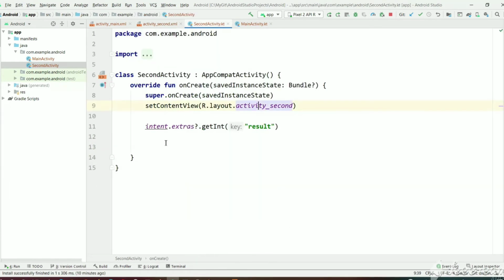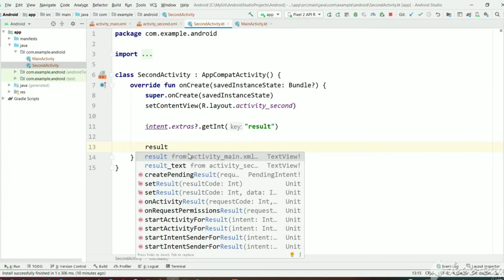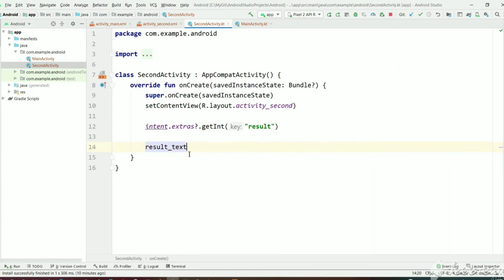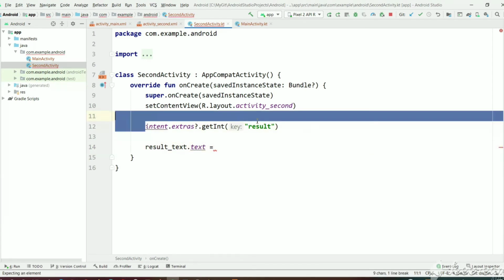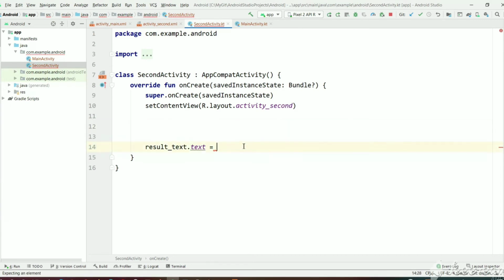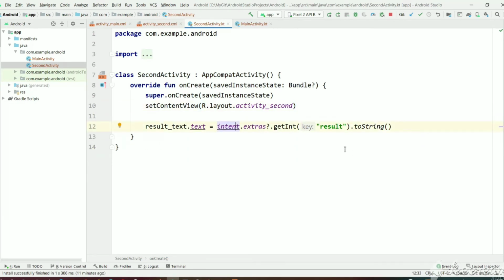So in second activity, just access the text view by the result text ID we have changed now, and its text equal to this one, and convert it toString. So that's it. We have accessed the argument we passed in the main activity by this key result, and we have got the sum of the two numbers.